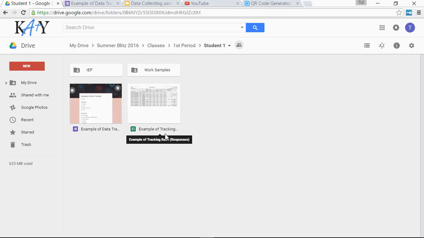Right, now we're going to learn how to take your Google Sheet with all your data at the end of the 6 weeks and move it to another tab so that you can continue using the Google form that you've been using. You open up the Google Sheet for the student that you're doing it for,